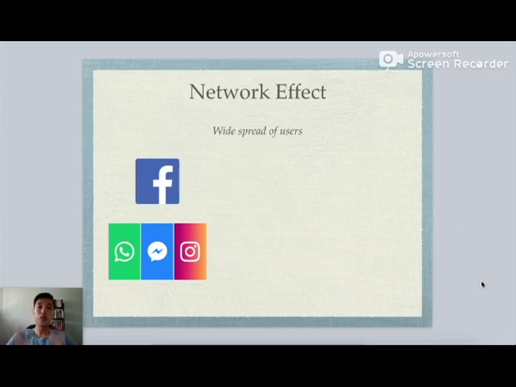Alright, Facebook has a lot of users. Can you just imagine Facebook doesn't have users, it's just you and me? What's so great about Facebook then? It's just as good as a normal SMS service. When I send something to you, you send something to me. It's not interesting at all. But Facebook has grown to over 1 billion users over so many years, right?